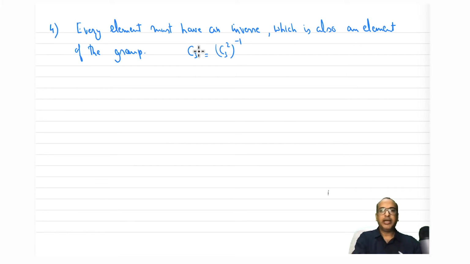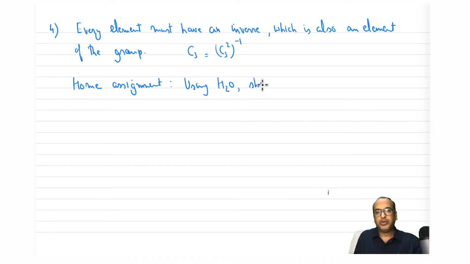Okay, so you can take it as a home assignment. Using H2O, show all the symmetry operations in H2O follow the above 4 rules.